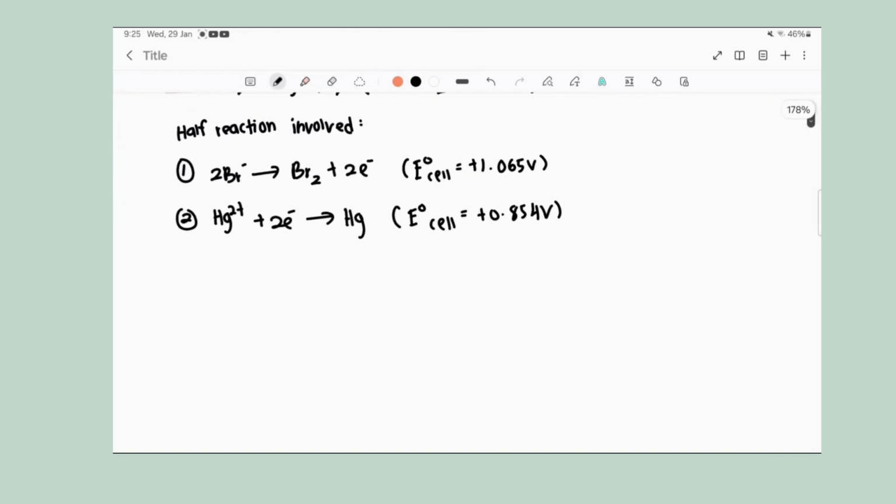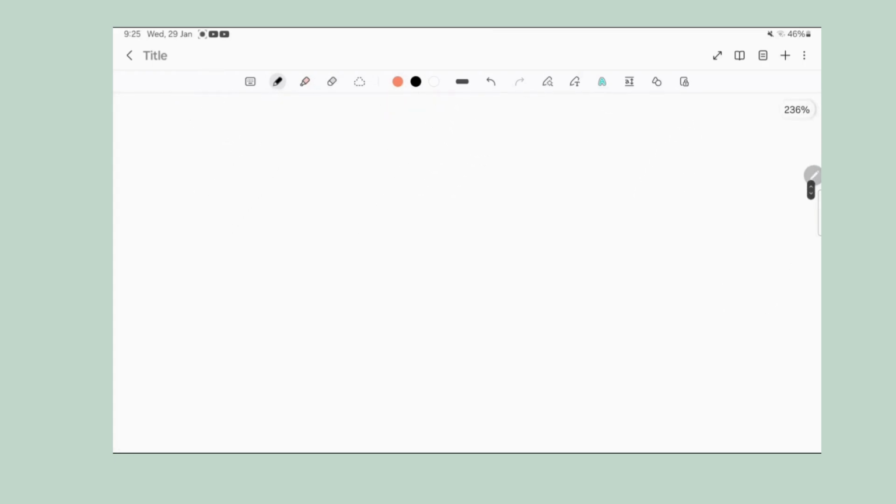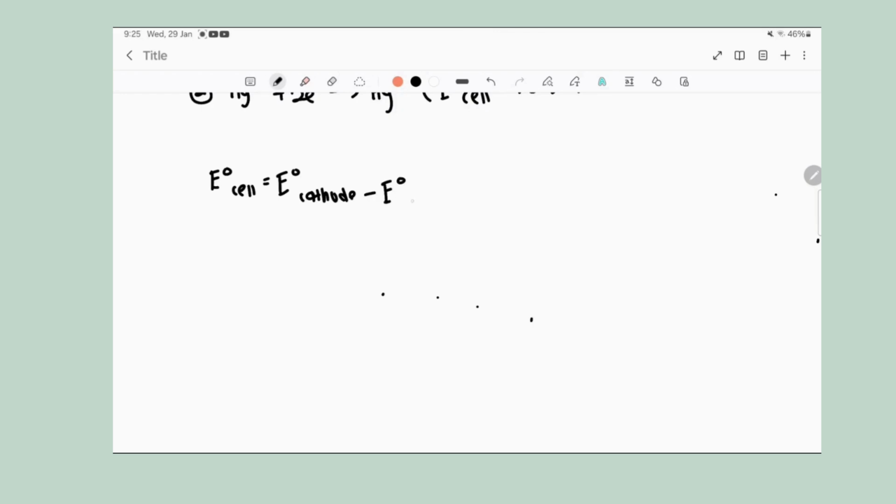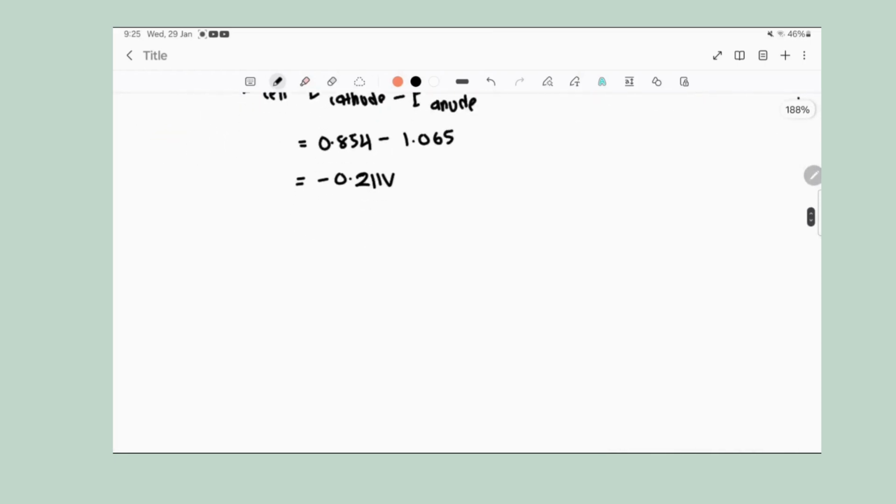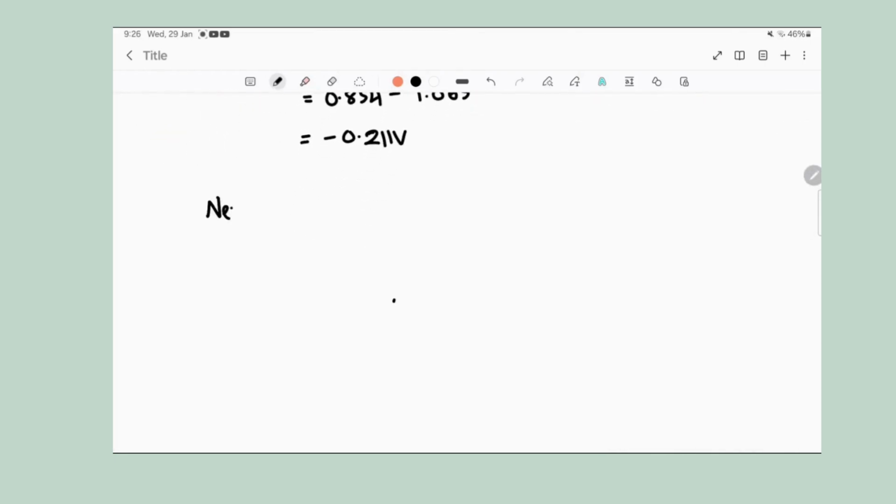And then from the half reactions, we can conclude the anode and cathode, which is bromide ion is the anode and Hg2 plus is the cathode. And then we calculate the standard E cell, which is E cell equals E cathode minus E anode. From the calculation, we got negative 0.211 volt,